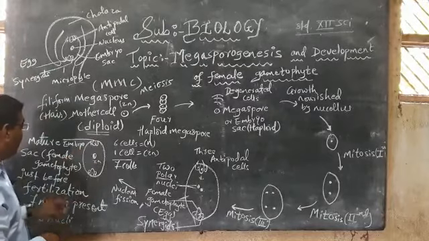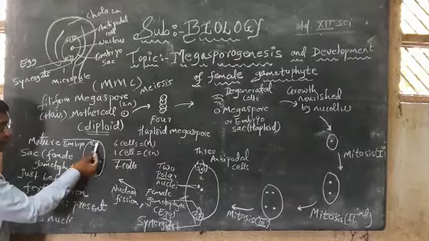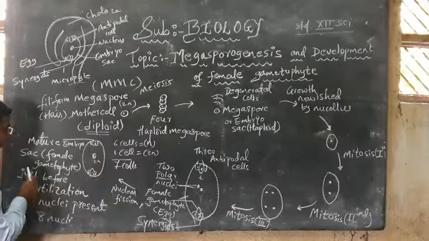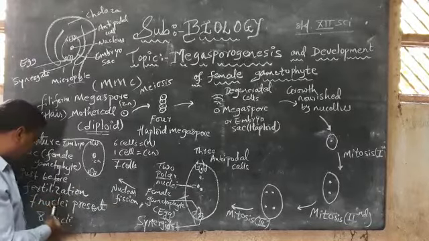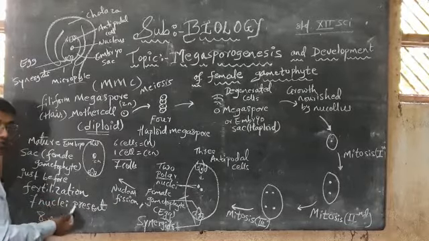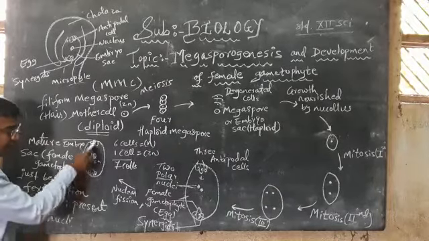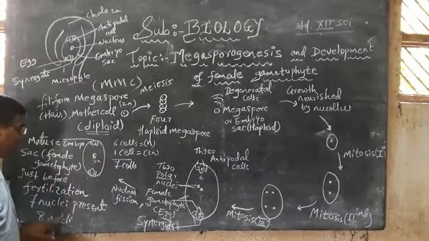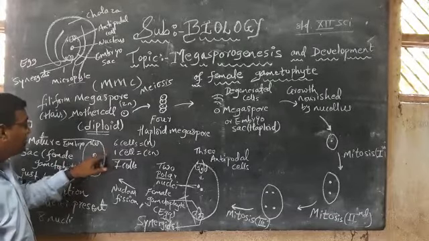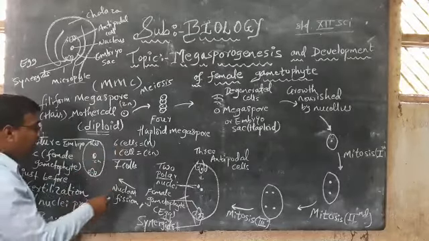This is a mature embryo sac. You can see a mature embryo sac I have drawn here with antipodal cells on the upper side. The sac, which is just before fertilization, is ready for fertilization, and has 7 cells present in it. You can see here 1, 2, 3, 4, 5, 6, 7. It has 7 cells and is 8 nucleated. Why 8 nucleated? Because cells are 7, 6 plus 1 cells are 7, but nuclei are 8.